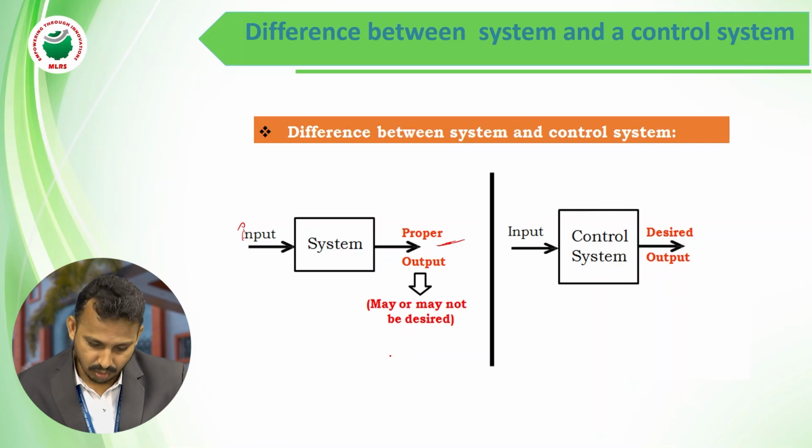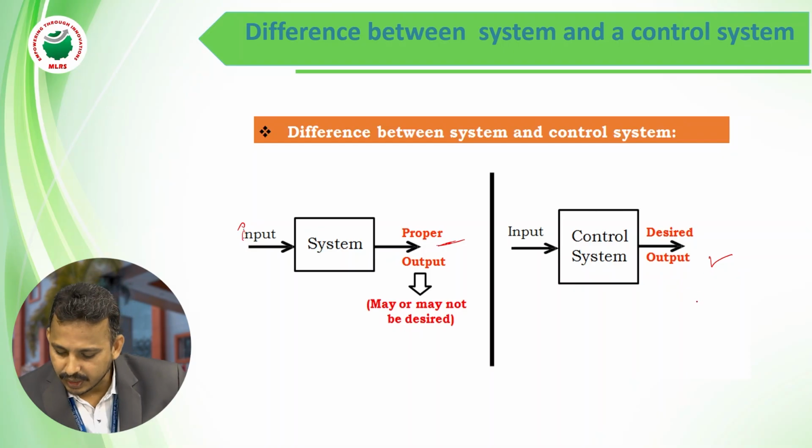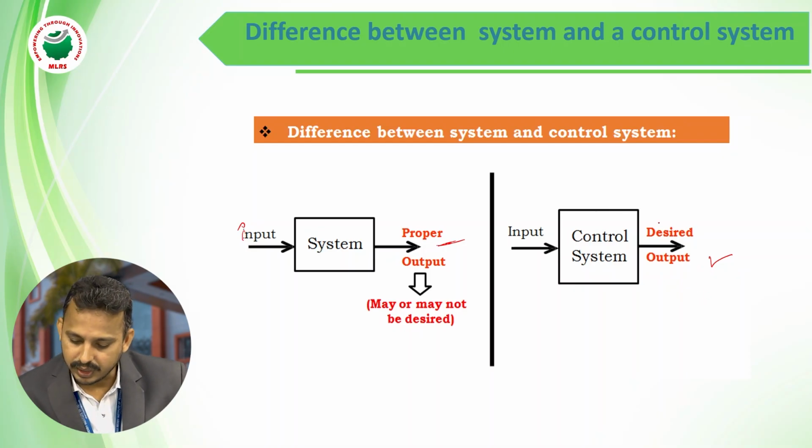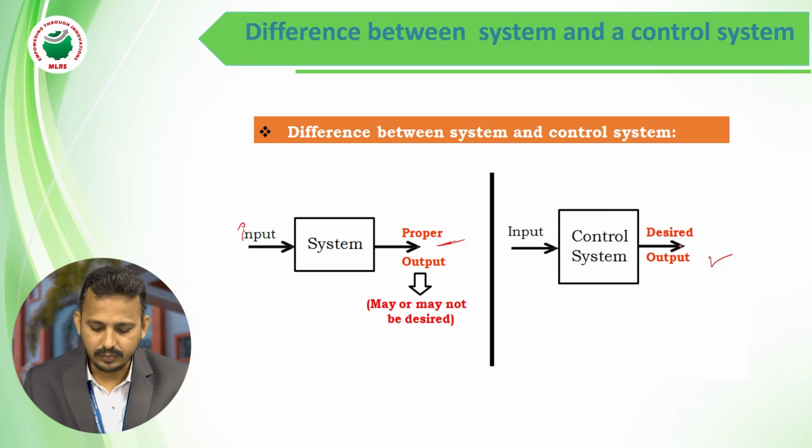But in the case of a control system, the output is compulsory, it is a desired one. So whatever input I am giving, if I expect to get my controlled or desired output, I have to add some control element over here. This control element will get the information from the output of the system by using